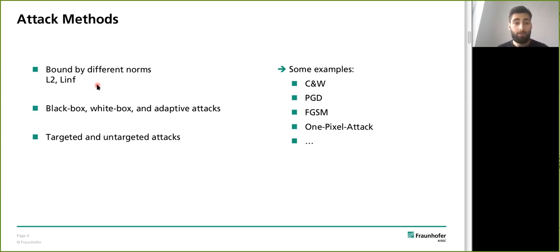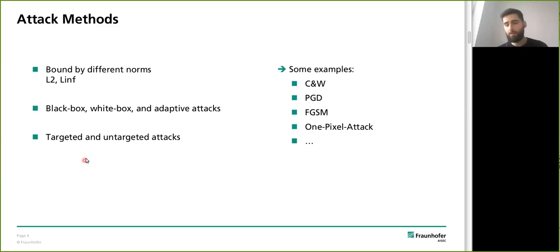The attacks could either be black box, white box, or adaptive. Here, in the black box attack, the attacker only sees the input-output relation of the neural networks. And in the white box attack, the attacker also sees or can calculate the gradients, knows the weights of the attacked neural networks. And in the final approach, in adaptive attacks, the attacker also knows potentially used countermeasures and can craft adversarial examples which fool the attacked neural network and also the countermeasure simultaneously.